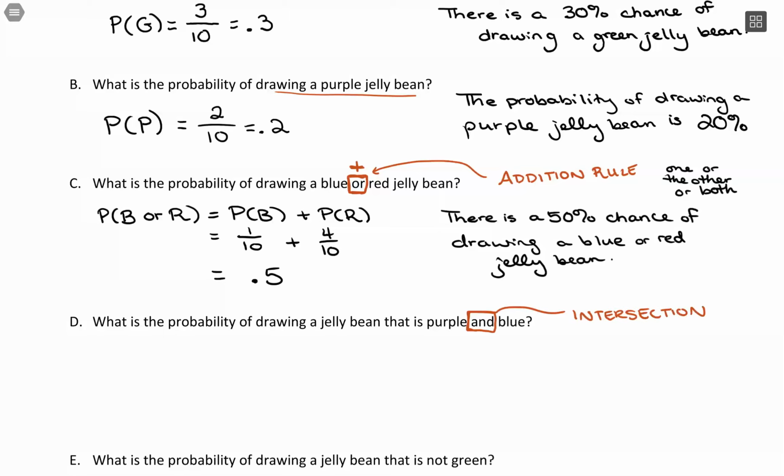So one way that "and" is going to show up is having one thing holding two categorical variables. In this case, it would be purple and blue at the same time. So "both" could be a key word here. It could have even been in this sentence, like what's the probability of drawing a jelly bean that is both purple and blue. Another way we're going to see "and" show up is actually when we do calculations for "and"